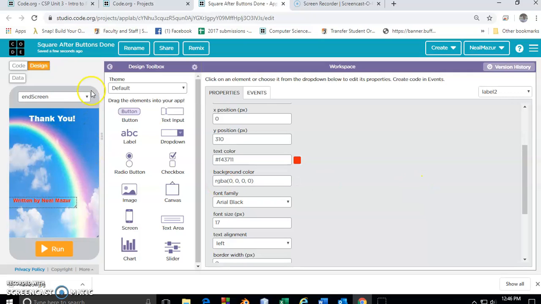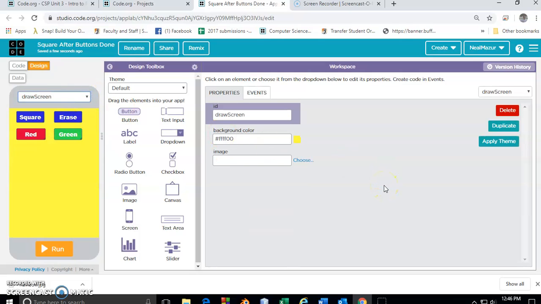Now I have my drawing screen and I have my end screen. I have no way of going between them. This is kind of like linking with web pages. I can have a button here which is going to go over to that other page. So I'll bring out a button here